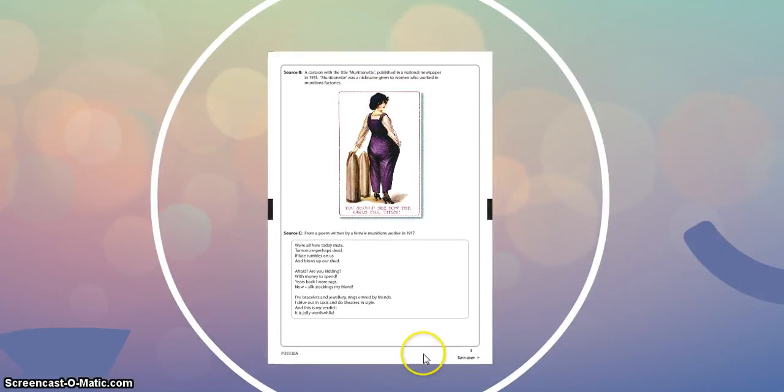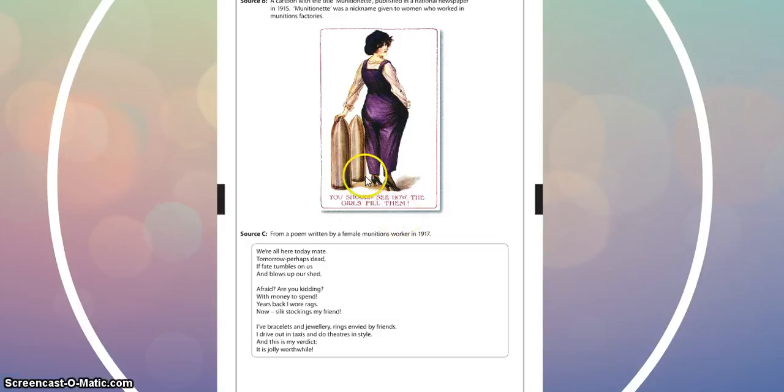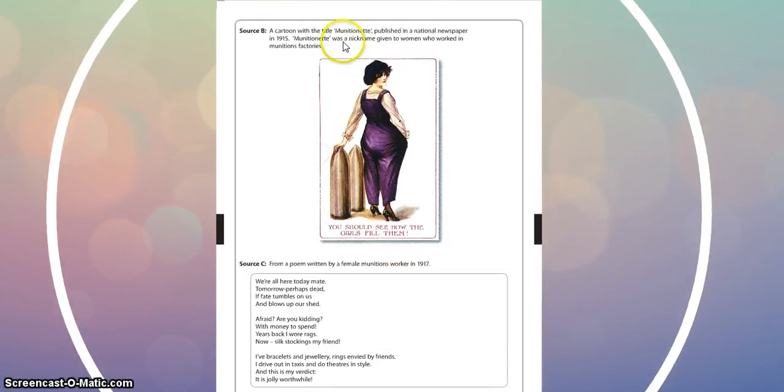Source B. Let's zoom in on this one. A cartoon with the title Munitionette, published in a national newspaper in 1915. The munitionette was a nickname given to women who worked in munitions factories. Look at the style, okay, the trousers, the short hair with the cap, okay, so as the hair doesn't get caught. That tells you that they may have been working in dangerous conditions. It's quite glamorous, isn't it? Okay, this look here, it's almost like you can see the woman wearing makeup, independence. Think about what, okay, look at the bombs. You should see how the girls feel them,